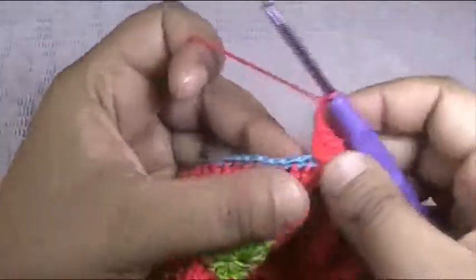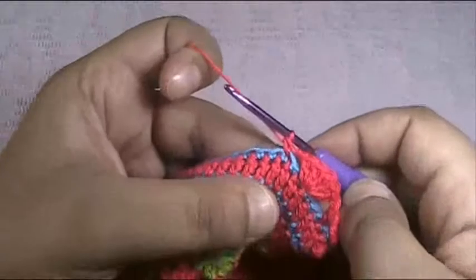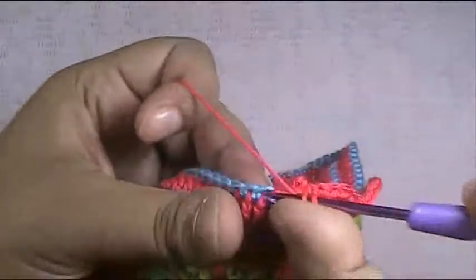Then chain 2, skip 1 stitch and into the second one make a single crochet, then chain 2, 1 and 2, yarn over, skip 2 stitches, 1 and 2, and here is the third one, insert the hook inside it and make 5 double crochets, 1, 2, 3, 4 and 5,